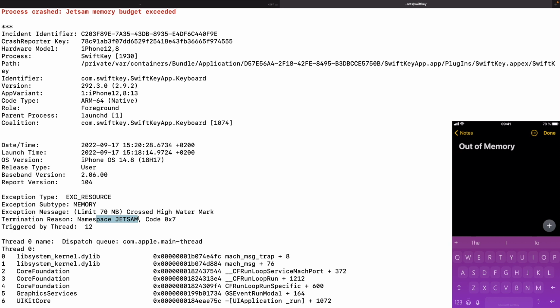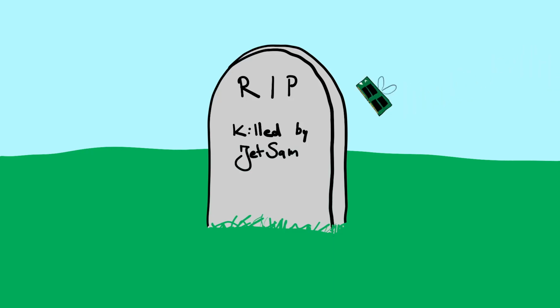Another nice thing that Frida does for us is it adds symbols in here, so we don't have to load anything into Xcode. Very nice, but also bad, because what is JetSam? Well, JetSam is the iOS memory manager, and if an application exceeds a limit, it would kill it so that it doesn't consume all the memory on the iPhone. And especially for a keyboard, that's pretty reasonable, because you don't want a keyboard that you run all the time in all applications to consume a lot of memory.